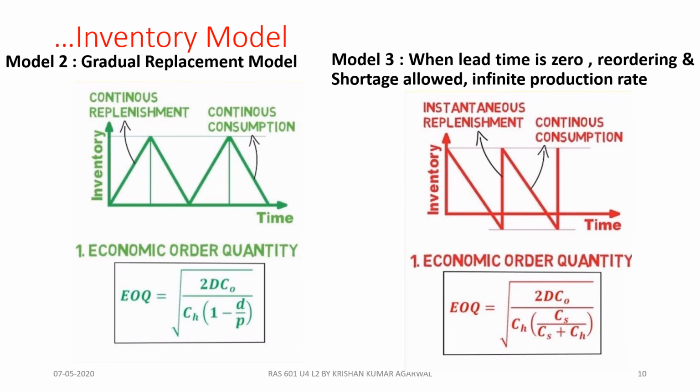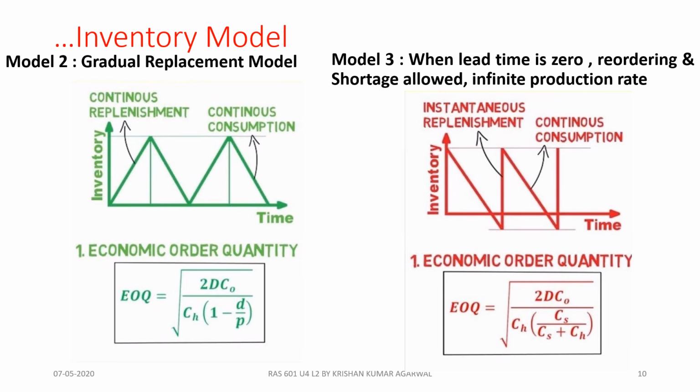Next, we'll see the third model, that is when the lead time is 0 and reordering as well as shortage is also allowed, with an infinite production rate. Then also we can find out the optimum number of products that should be ordered in order to maintain the inventory within the plant. Again, we'll take the total cost by taking the summation of carrying cost as well as holding cost, differentiate it and equate it to 0 in order to get the maximum quantity that can be ordered